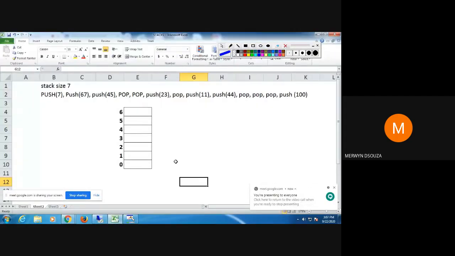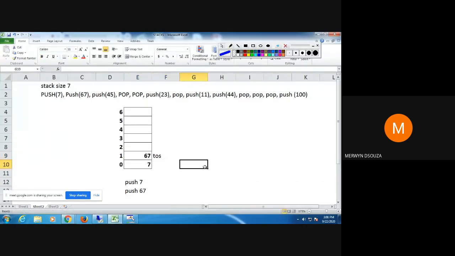Yeah, that is correct. For those of you who have not been able to get it, I'll quickly do it. First we are doing push 7. So 7 gets inserted here and top of the stack is here. Then I'm doing push 67, and I'm doing it in one diagram. 67 is here, top of the stack is incremented.